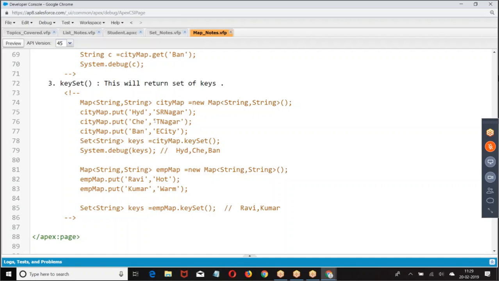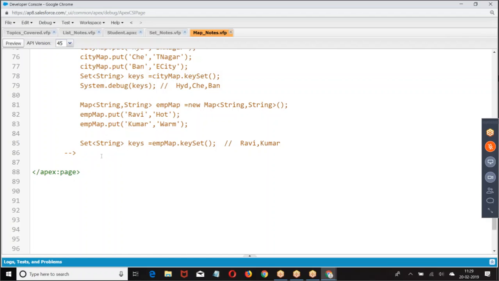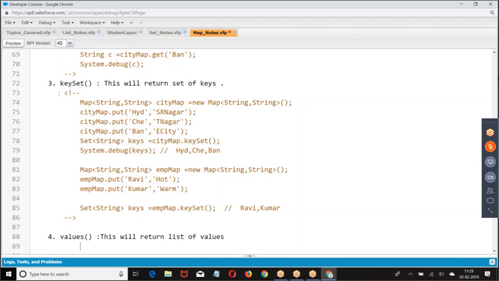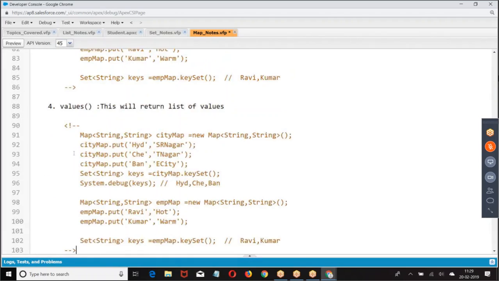Clear for everyone? Okay. Now, I want only the values. I don't want the keys. I want only the values. This will return a list of values.